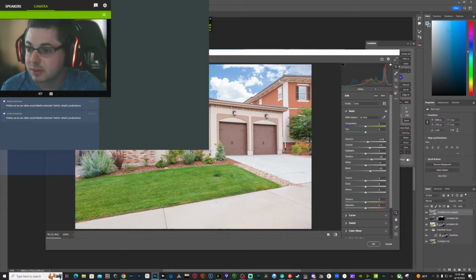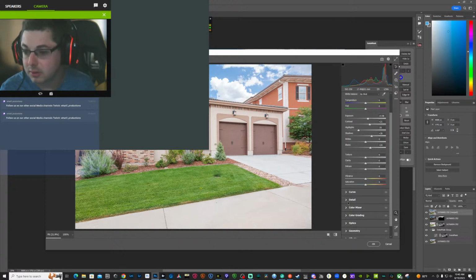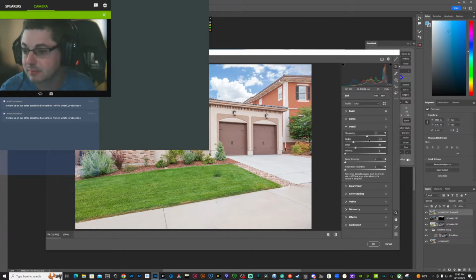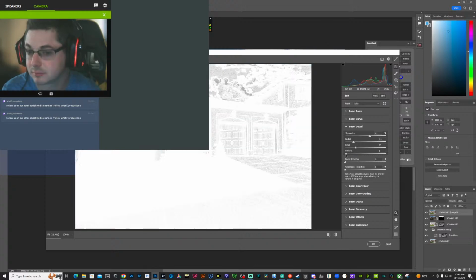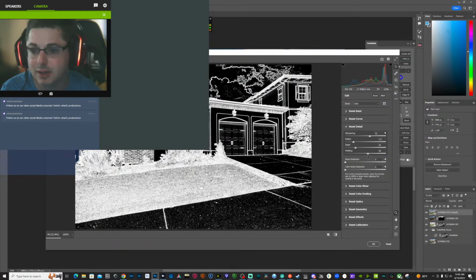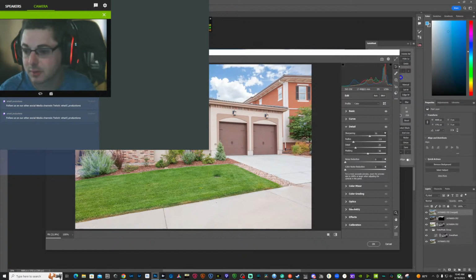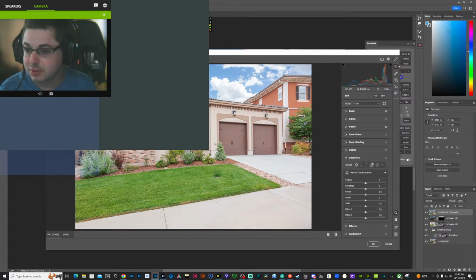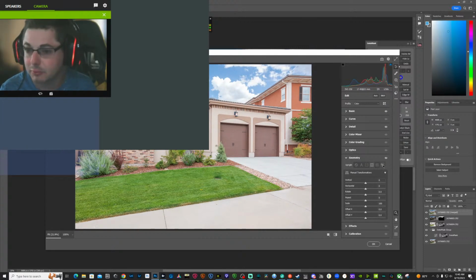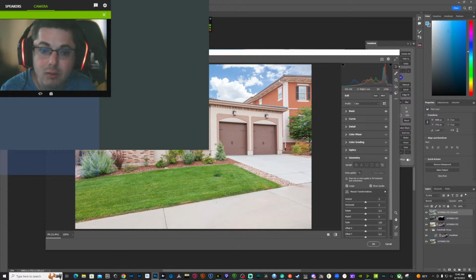Push the whites just a little bit. Knock down our highlights. Push our exposure just a little, and leave it there. Sharpen around our edges, we don't want everything. Do some straightening, and we're going to do that manually.